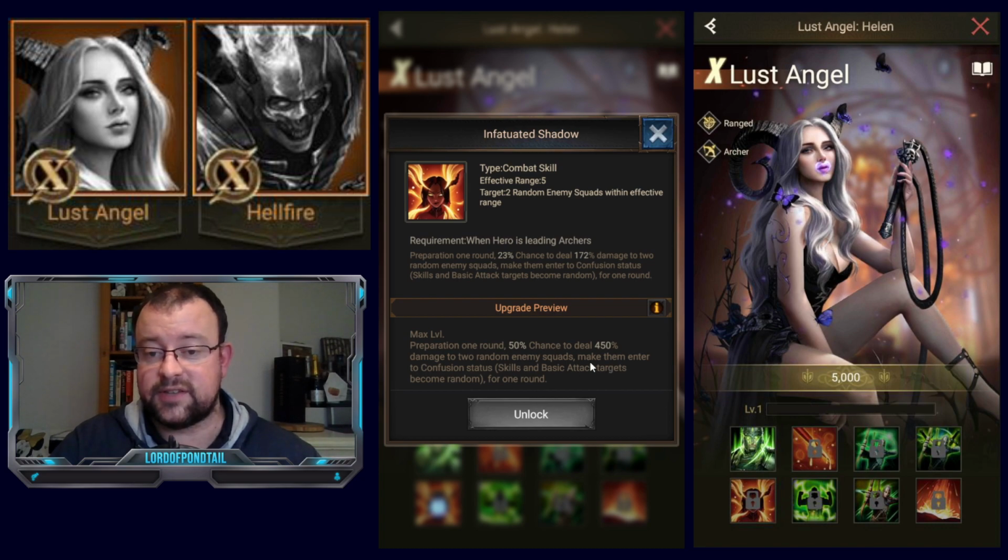And then let's have a look at the second part. Make them enter the confusion status, where skills and basic attacks become random for 1 round. This is one of the best confusion skills in the game. Not as good as Bleeding Steed's 5th skill, because his is a 1 round prep with 50% chance, but it lasts and it targets 2 enemy squads, but for 2 rounds. So this is not quite the OP confusion status in the game, but